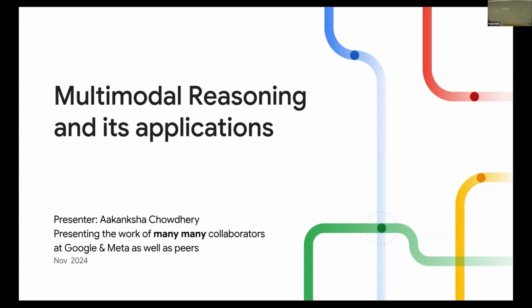Do you want me to read out questions from the chat? Yes, please. Okay, so there's one question. What is your take on smaller models, 3 to 10 billion parameters, for tasks like computer use or robotics versus very large models, 500 billion parameters? Do you think there's a place for smaller, specialized models and high quality data?